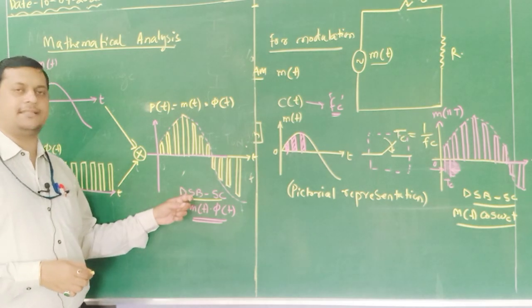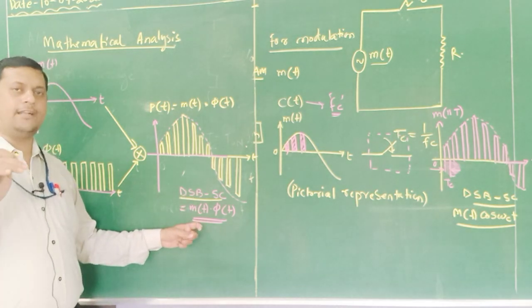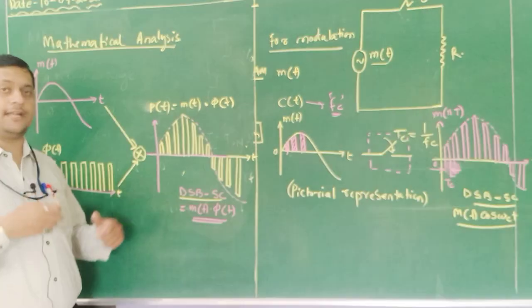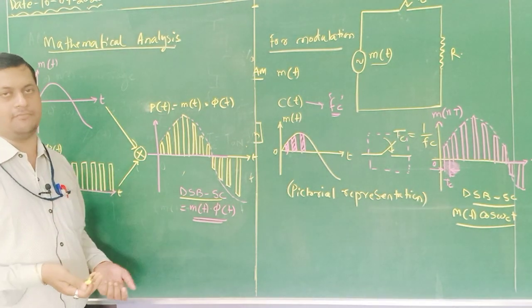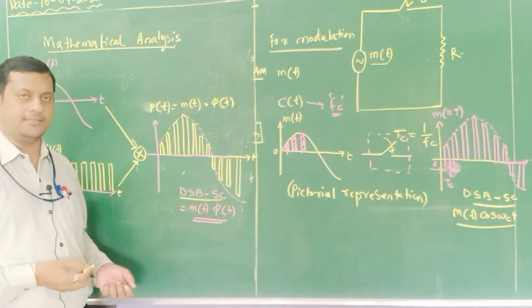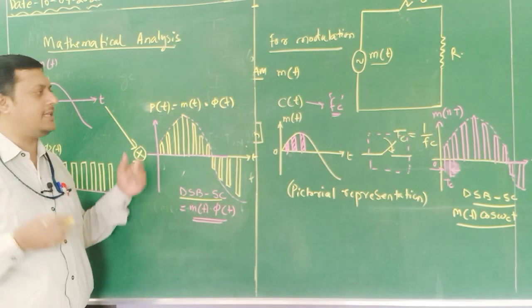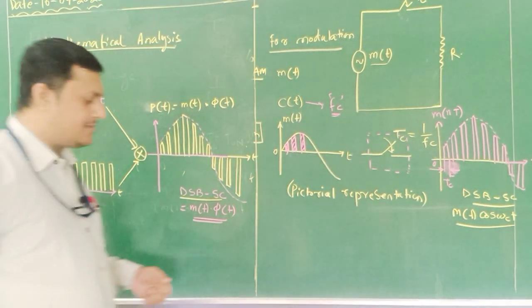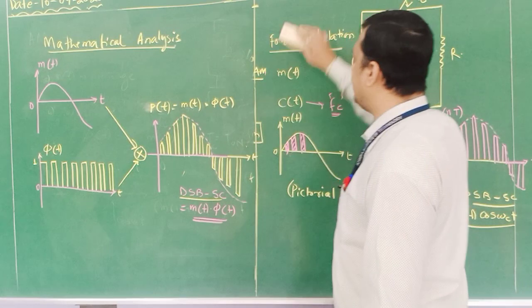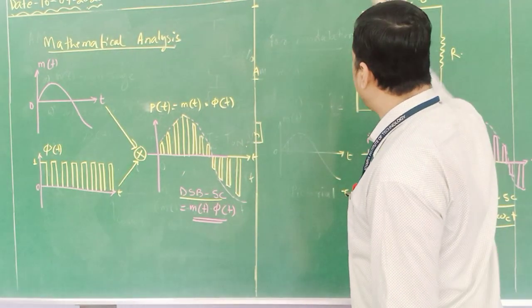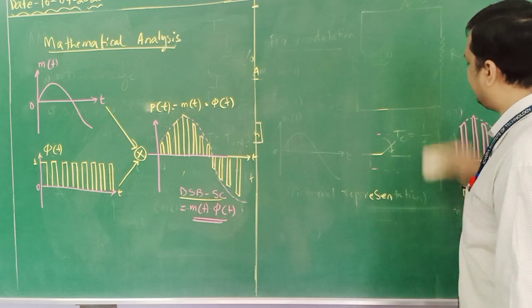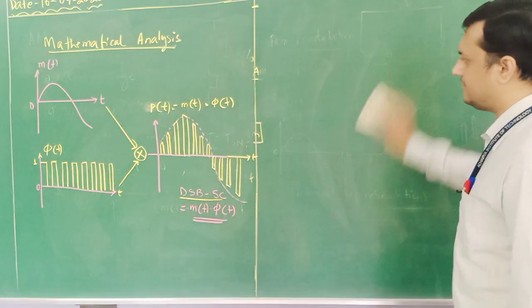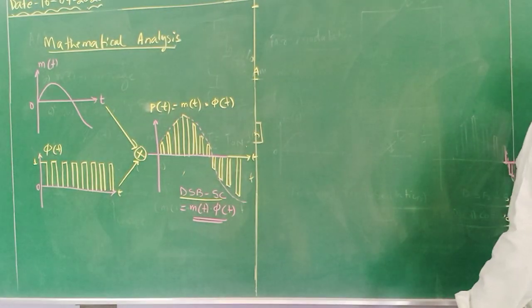Now this DSB-SC signal consists of the modulating signal imposed on a carrier component, but there is no presence of carrier. So for the presence of carrier, we need some arrangement. First we will identify these relations, then we will add the carrier to it so that the AM signal can be generated. For this, certain relations need to be identified, and with their help, the sidebands, the presence of the modulating signal, and the presence of the carrier component can also be analyzed. So one by one, step by step, we will see.